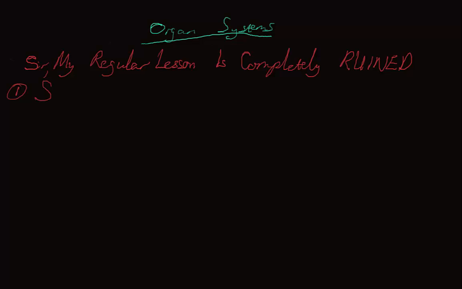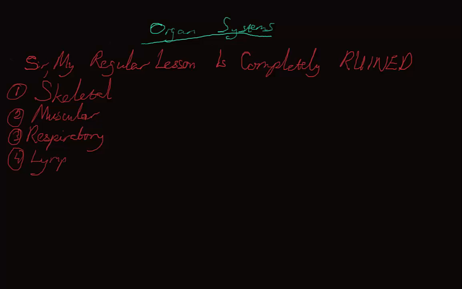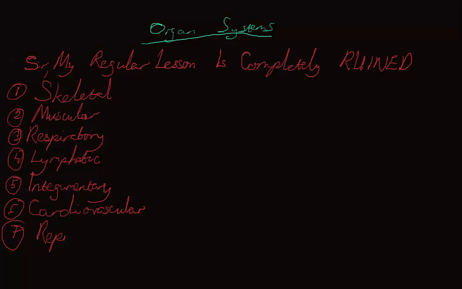So to start with, S will be for the skeletal system, M will be for the muscular system, R will be for the respiratory, L will be for the lymphatic, I will be for the integumentary, C will be for the cardiovascular system, R will be for the reproductive system,